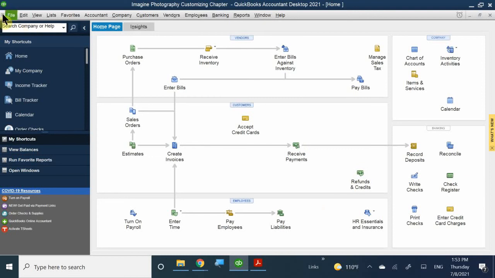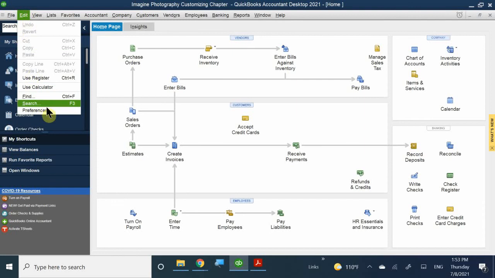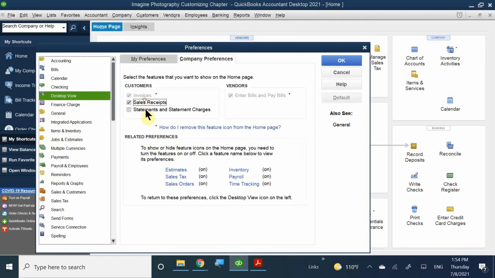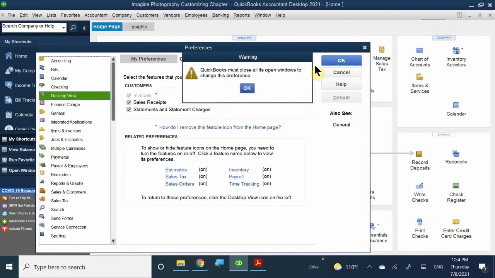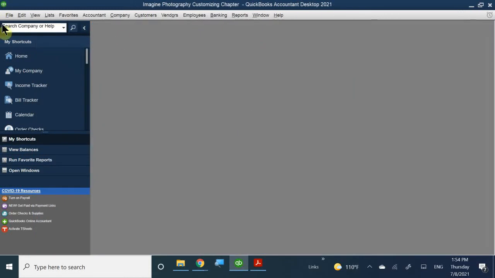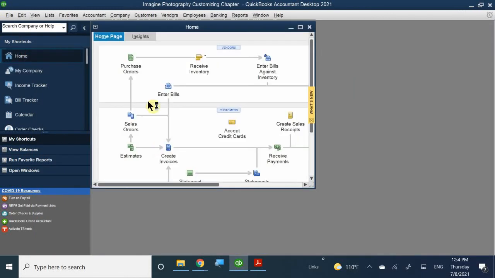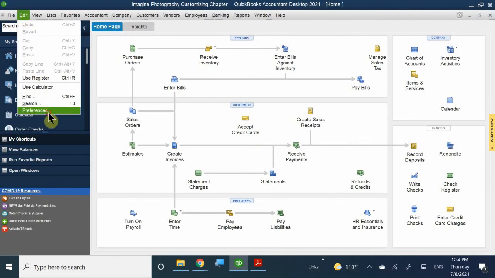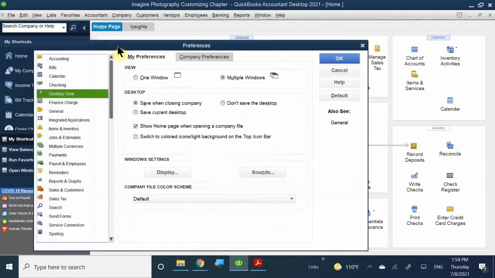Okay? Now, I'm going to go ahead and undo that because that's definitely something that we do need to have as far as customizing the home page and whatnot. So I'm going to go ahead and activate that once again. Okay. So that's just customizing the home page. Now, before we move on to that, let's talk about how the user can be able to make their changes as well. Now, as I've mentioned before, the user